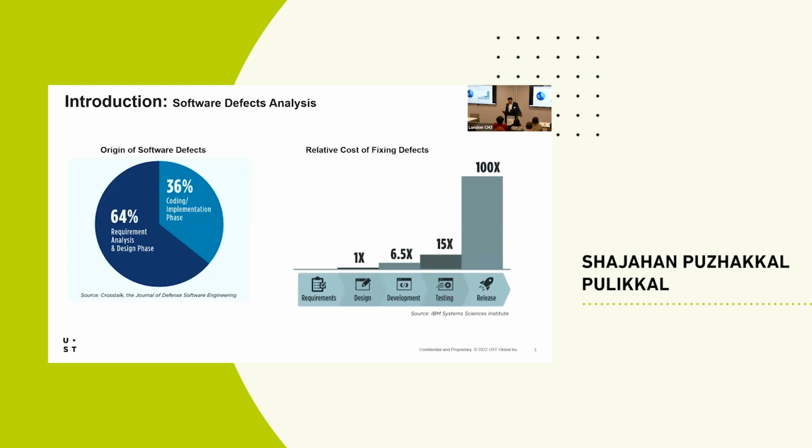Considering that value, if you check the relative cost of fixing a defect: if you fix it then and there at the requirement or user story, we can easily sort it out and keep moving on to different phases of the lifecycle. The design is the normal cost you're going to expect, in cost and time. When we move to the development stage, you may need to redesign your activities and go further into the testing side, so it will be around 15 times. And if you are in the release, it's about 100 times. That's the relative cost we get for defects on the testing side.